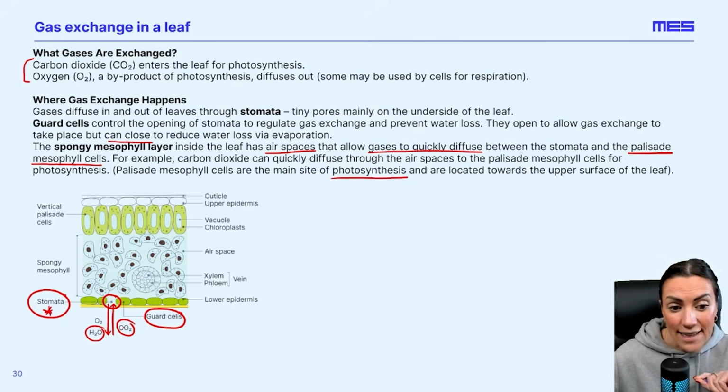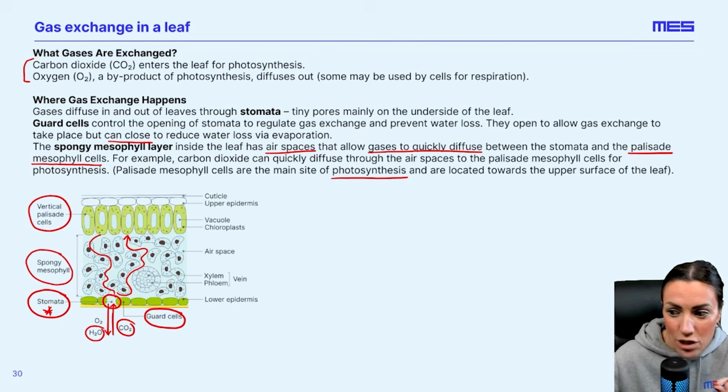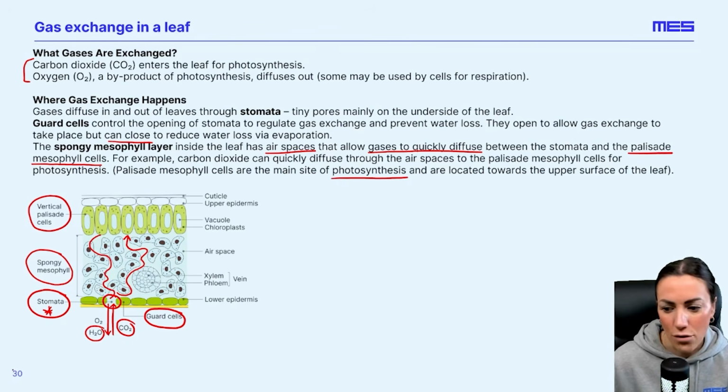So the carbon dioxide, which is needed for photosynthesis, diffuses in through the stomata and it can quickly diffuse through the spongy mesophyll layer, which is this layer here, because there's lots of air spaces, lots of gaps. So it can quickly diffuse through the air spaces and quickly reach the palisade cells, because that's the main site of photosynthesis. They need lots of carbon dioxide as a reactant for photosynthesis. Equally, they make oxygen during photosynthesis. The oxygen can diffuse through the air spaces in the spongy mesophyll layer and out of the leaf through the